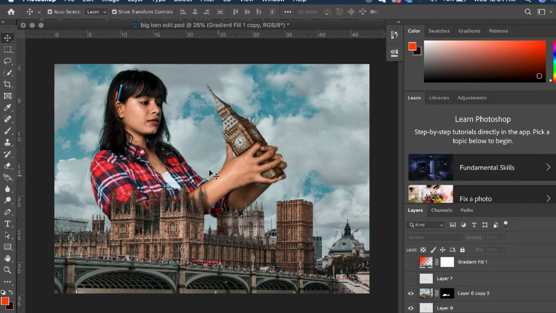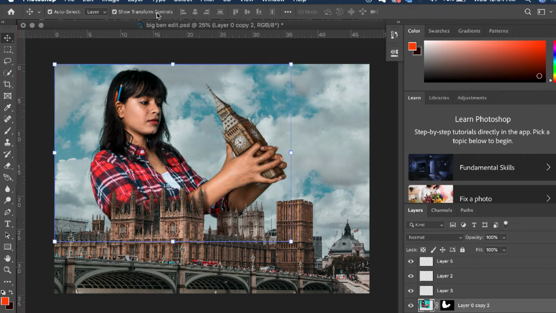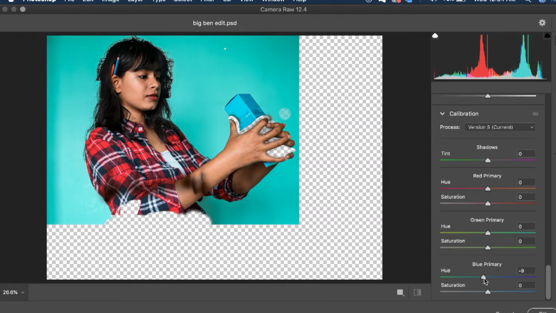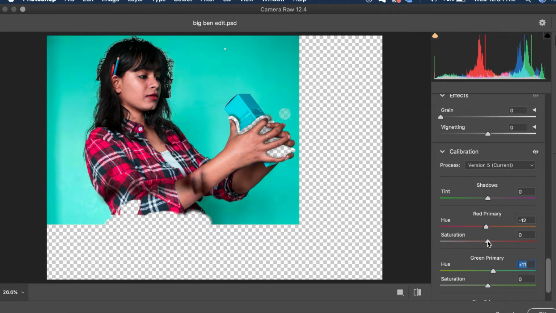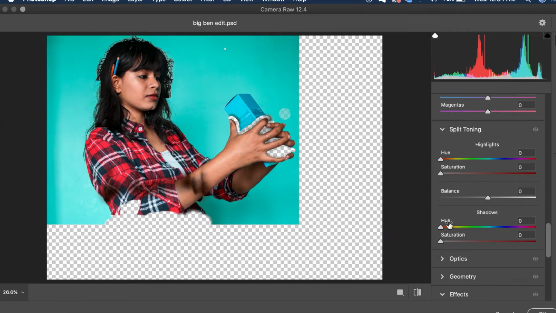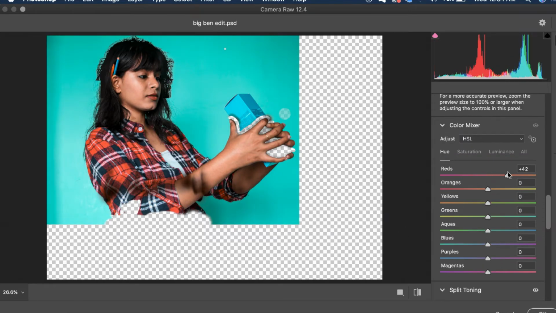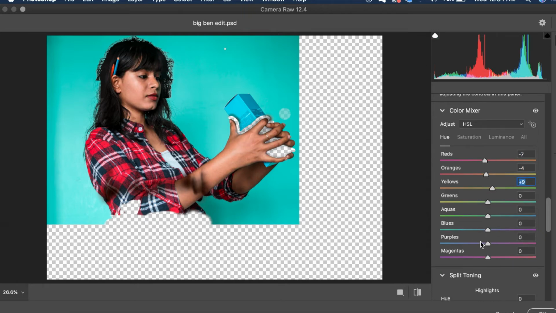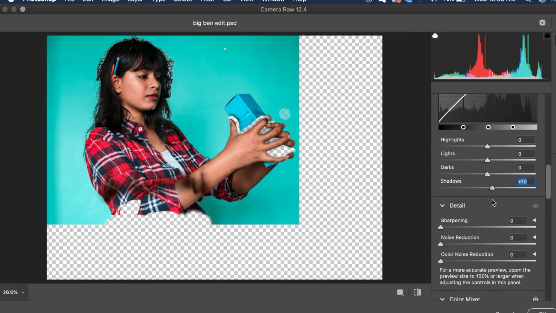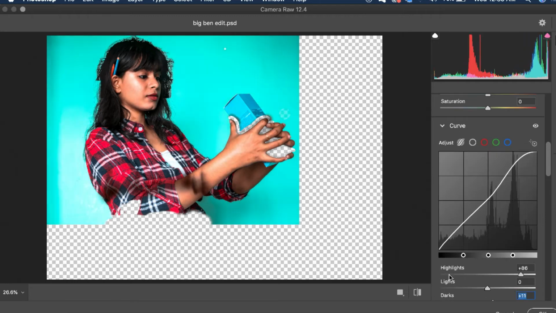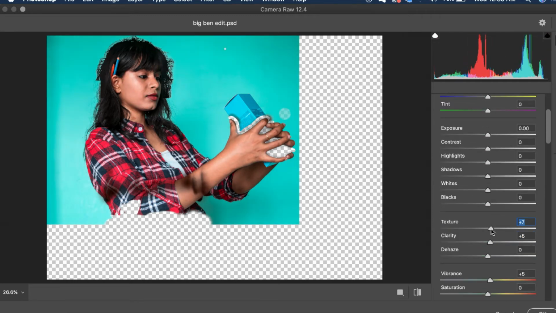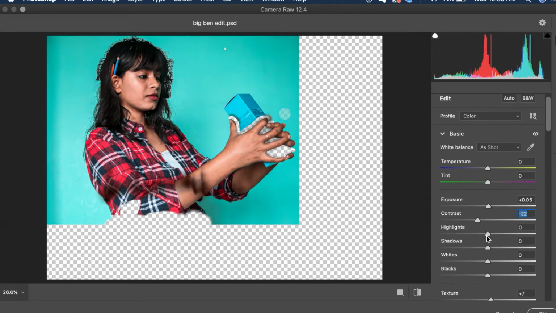Now as we move ahead, I will suggest you color grade all the layers so that it looks nicer to you and the picture looks in sync. To do the color grading, just click on the filter that is on the top of the toolbar and move your cursor to the camera raw filter. It's a mini Lightroom. You can also skip it and do it in Adobe Lightroom as well. You can see I am already doing some color grading and playing with the sliders. It's so much fun. I'm going with the teal and orange tone because I'm obsessed with that.